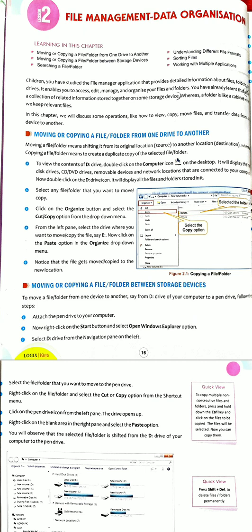Notice that the file gets moved or copied to the new location. Okay, and you will notice that the selected file is moved or copied there to the new location.